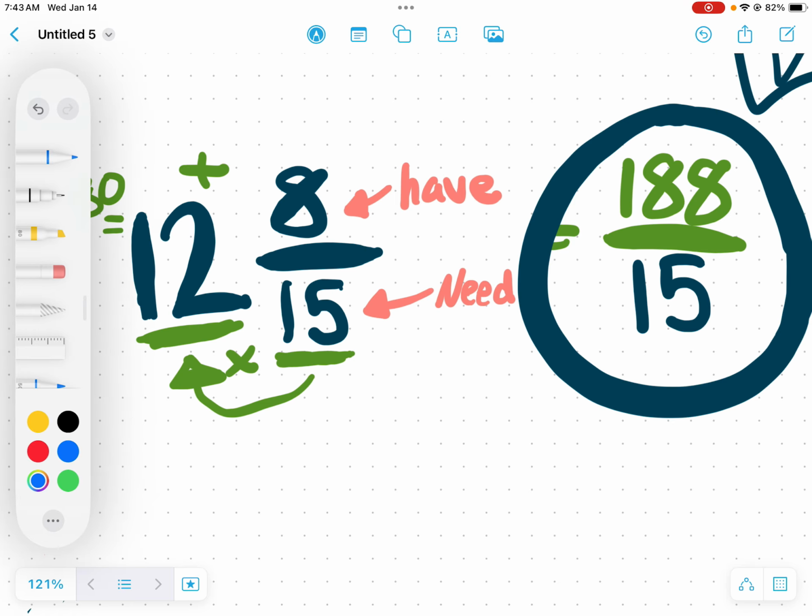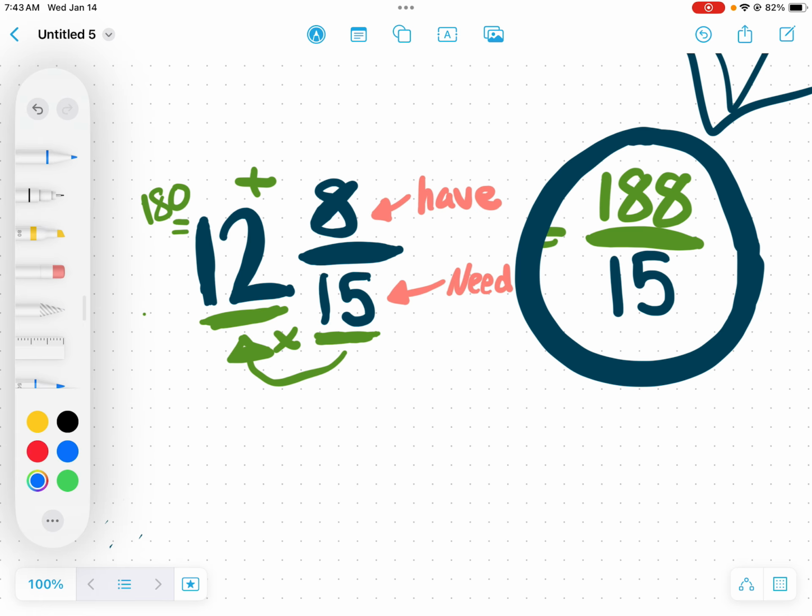So we have the fraction 12 and 8/15, which is the same thing as 188 pieces over 15. The reason these are the same is because if you count how many puzzle pieces you needed to make the 12 holes, you get 180. We do that just by multiplying. You take that denominator and multiply it by the whole number, and that gives you how many puzzle pieces those 12 holes used up, and then you add how many leftover puzzle pieces you still have,